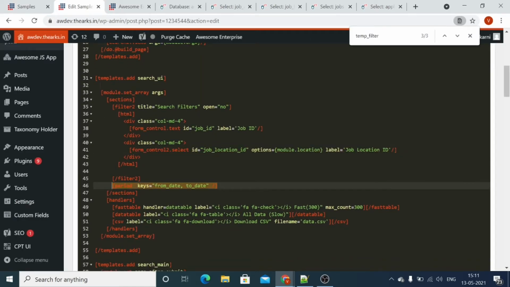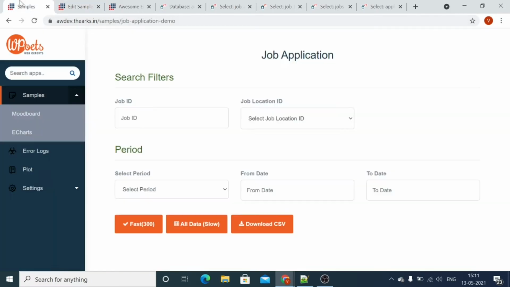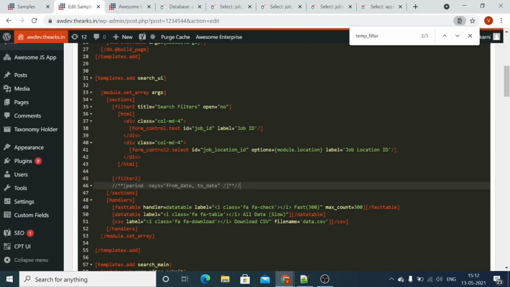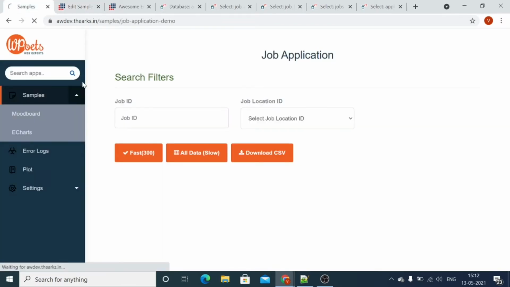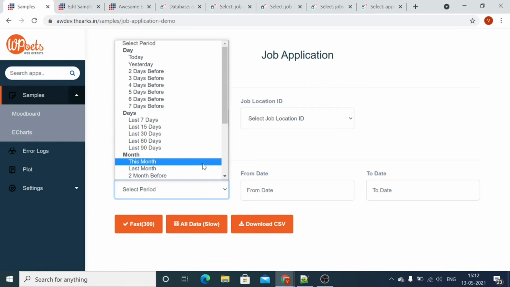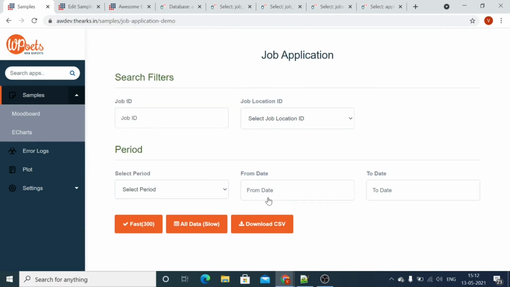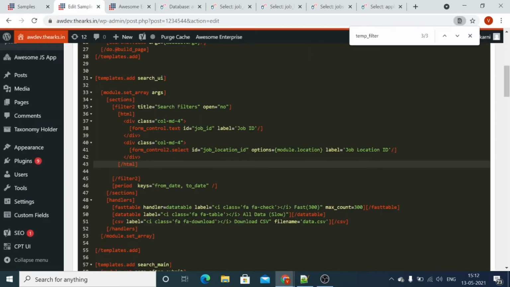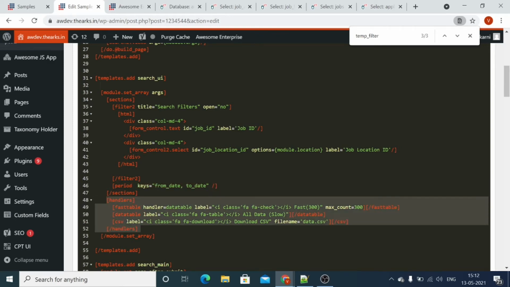and this period filter will help us to generate this date selection. Now you can see the date selection is removed. Now this period will help us to manage or to search our custom date filter. We have the fast options, you can have today, yesterday, so you need not select the to date and from date. For custom date selection you have the to date and from date available. Now the handlers will work